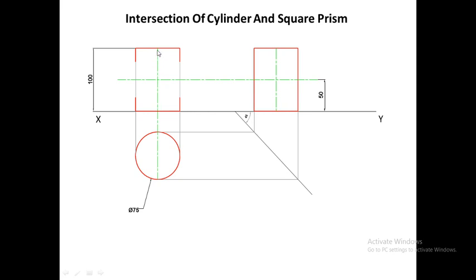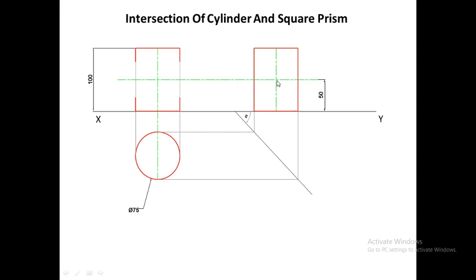Now in the second statement it was given that the axes of both the solids are bisecting each other at right angles. So we have to draw first a line at a distance of 50 mm from the base. This is the base of the cylinder. So from here we will draw a dotted center line at a distance of 50 mm. Since in the question it was given that the axes are bisecting each other, this line will represent the axis of the square prism, passing through this point, that is the intersection of this center line and the vertical center line. So this point represents the axis of the horizontal square prism.